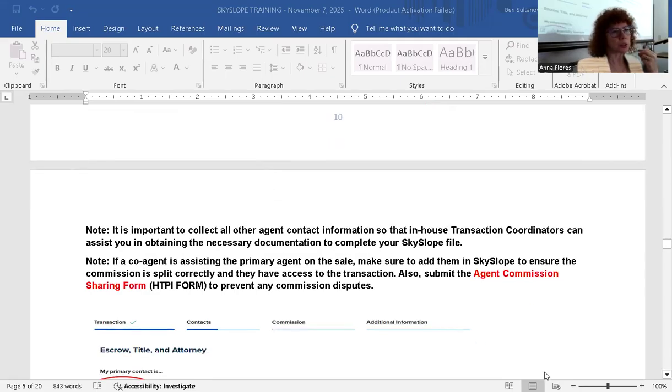Let's go to the notes. It is important to collect all other agent contact information so that the in-house transaction coordinators can assist you in obtaining the necessary documentation to complete your Skyslope file. It is your responsibility to go out there and get everything that's needed. But we are here. We are partners. If you're having any difficulties, I'll be happy to go out there and try to help you obtain whatever you need